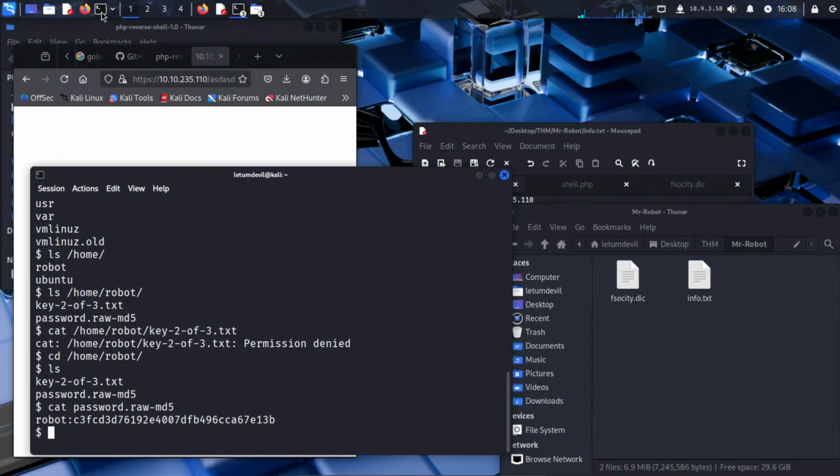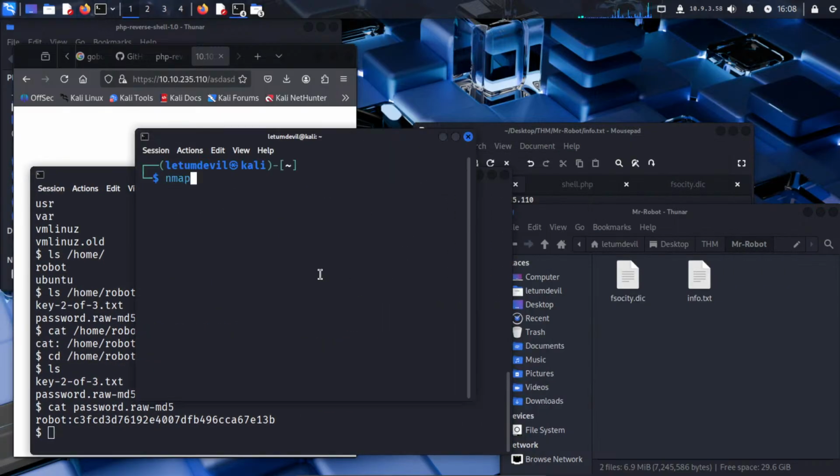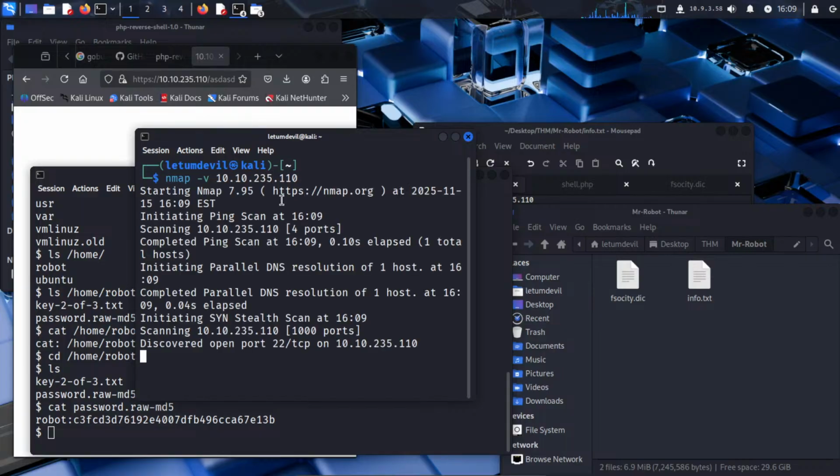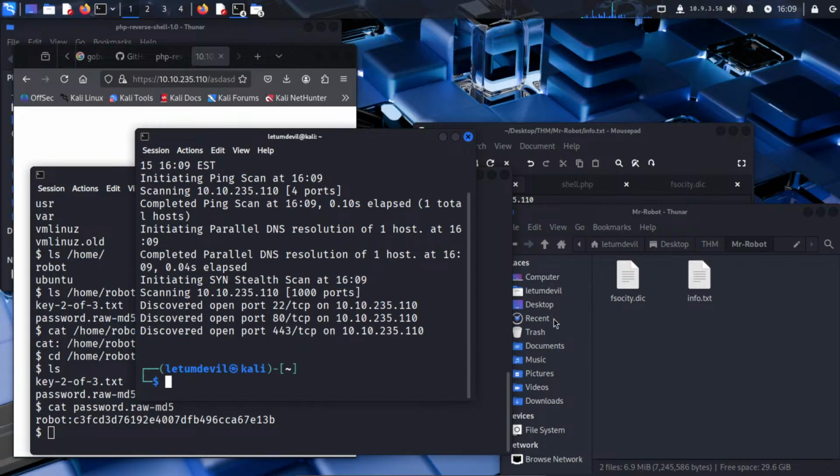Okay. Nmap dash p 10.23 and port 22 is open, so we can use this information,